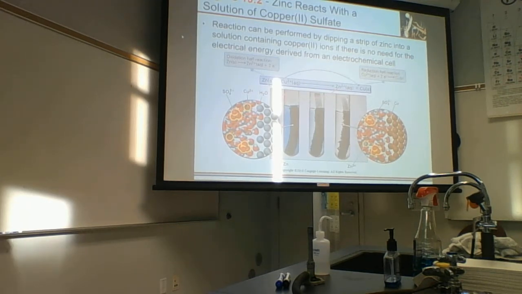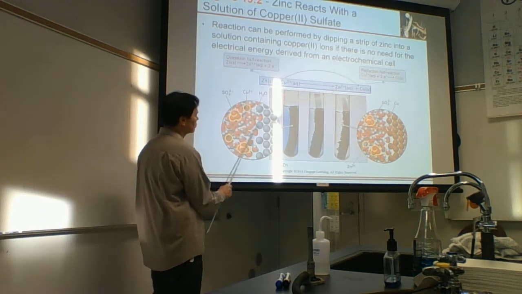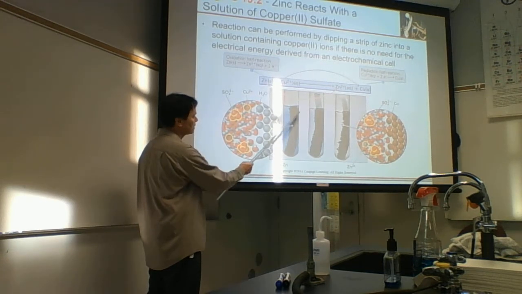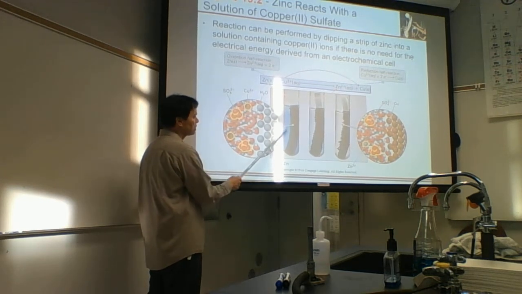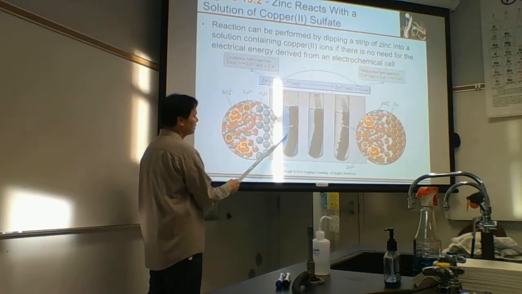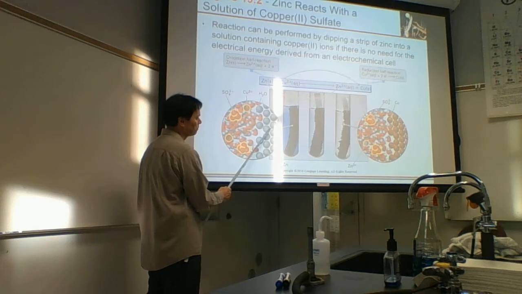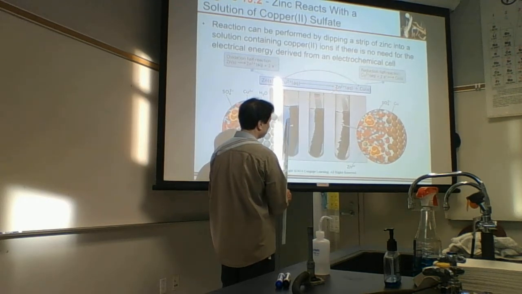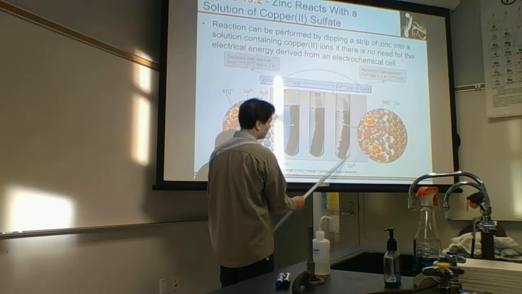This is the same reaction. The copper 2s are taking the electrons from the zinc, but this is direct reaction. And so the copper 2s are attacking the zinc directly. If the copper 2s attack the zinc directly, the electrons are transferred directly. And this is not going to generate any electricity. We have to keep the copper 2s separate from the zinc in order to generate electricity. So this is a reaction progress. The copper 2 is becoming more dilute, and then the copper metal is becoming more